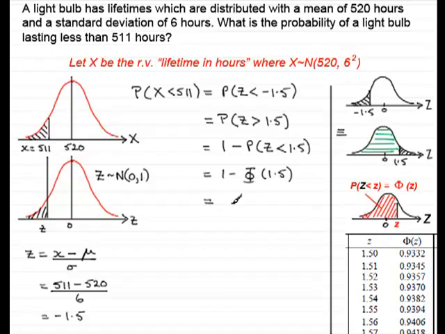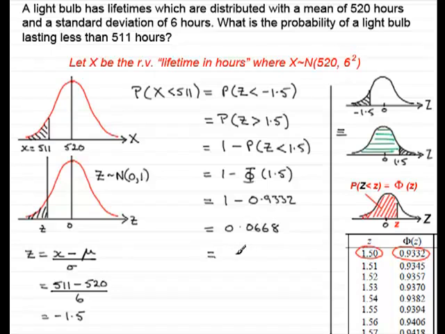And now all we need to do is just look this value up in the tables, and we look for a z value of 1.5, which is here, 1.50. Look under phi of z and you'll see that you have 0.9332. So if we just write that in there, 1 minus 0.9332. Do the subtraction now, and what you end up with is 0.0668,